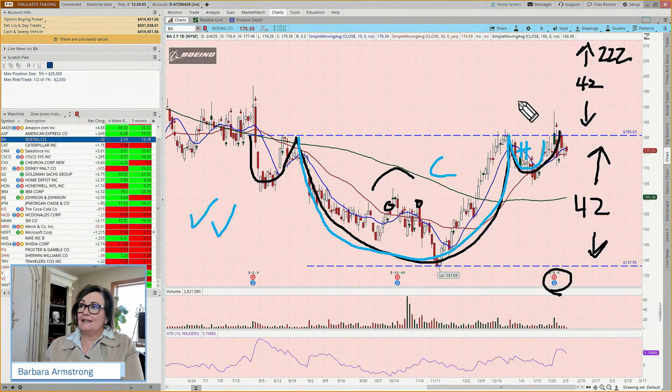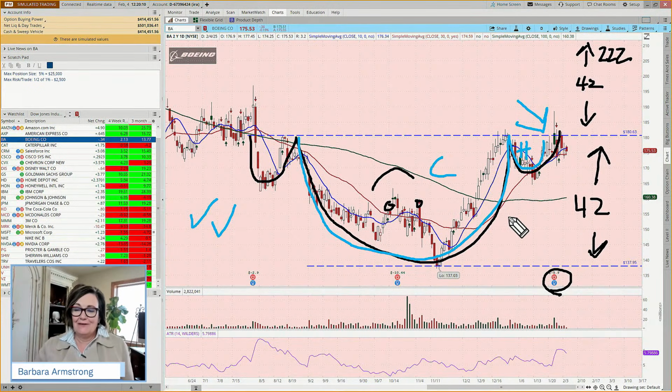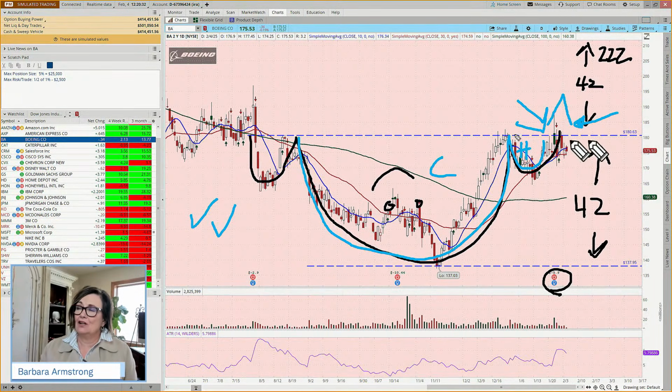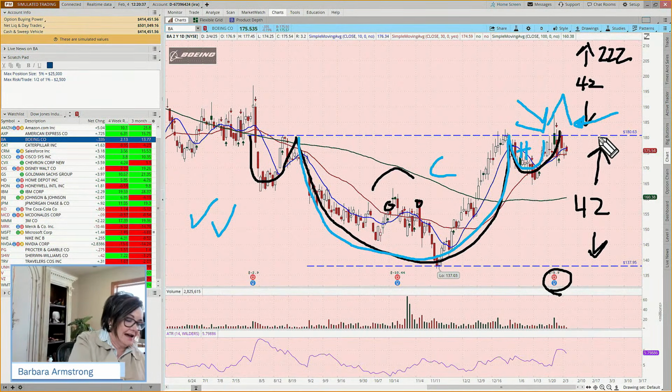If you said, I see a breakout, well, you're seeing something I don't see yet. And so again, raise the right hand, raise the left hand, sit on them. We aren't quite there. And sometimes, let's say you're on vacation for a week, it could go up and then come back and retest. So it's like, here was your first chance. And if it comes back to retest, you might say, there's my second chance to get in closer to the resistance level. Okay. So that's Boeing.